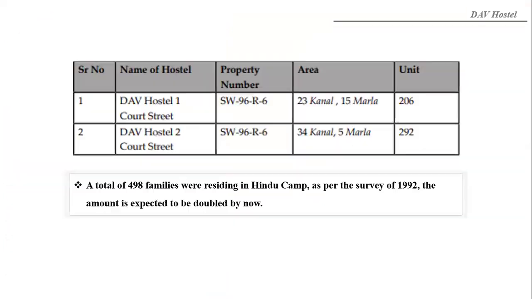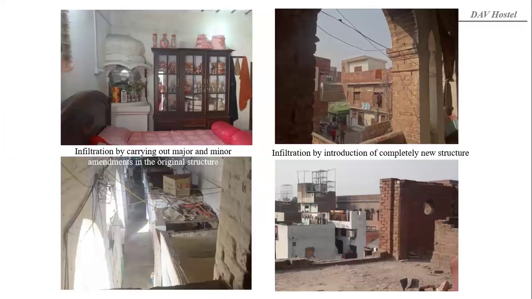The Hindu camp currently consists of two hostels, namely DAV-1 and DAV-2. A total of 498 families were residing in Hindu camp as per the survey of 1992, and the number of residents occupying the hostels is now expected to be double by now. In order to cater to the growing number of occupants, the infiltration in the interior space of the Hindu camp